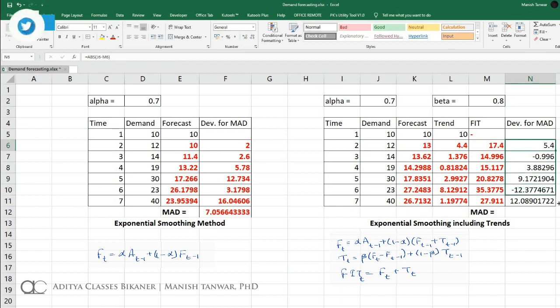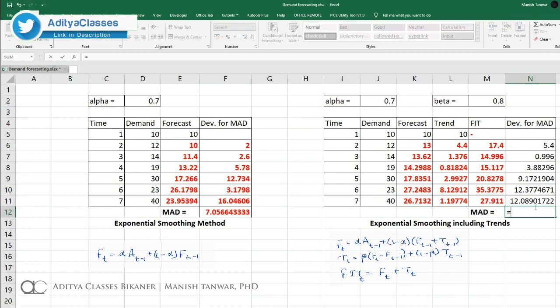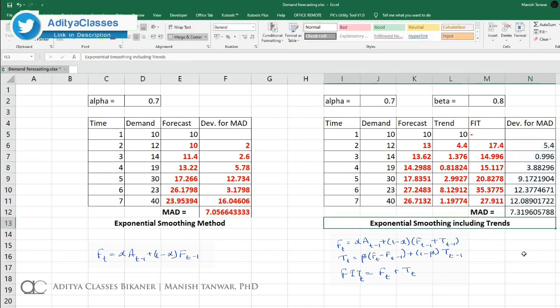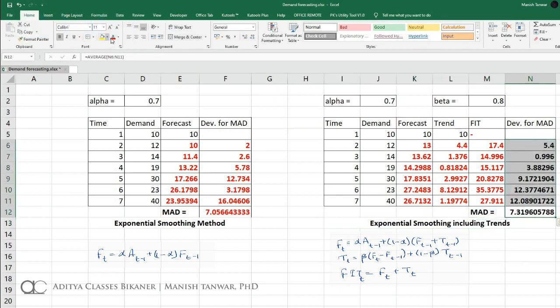This -12 will become +12. And now I can have my MAD for the second case. It will be the average of all these numbers. So it is 7.31. Let me make all these values red and bold because we have found these values.